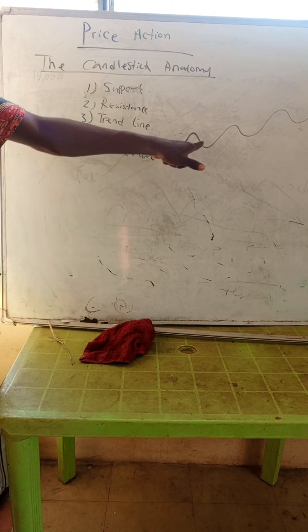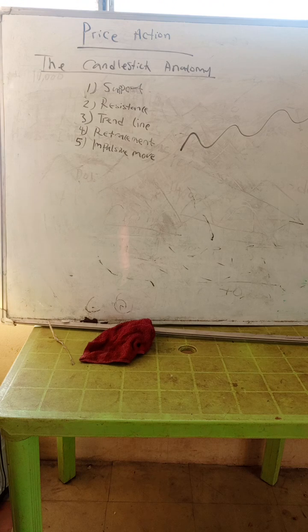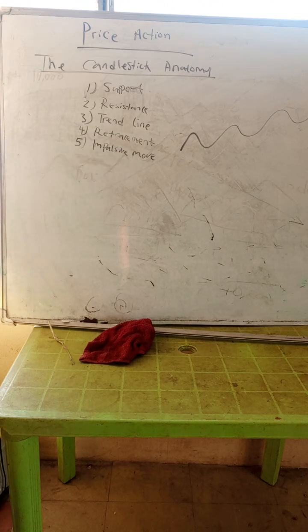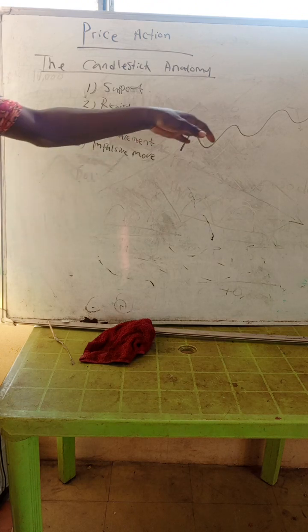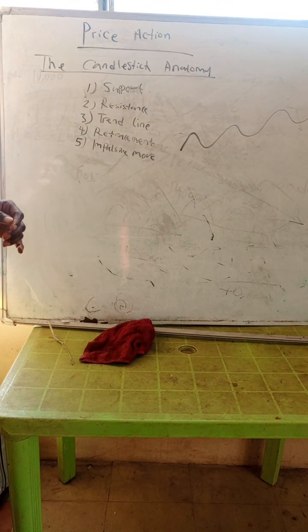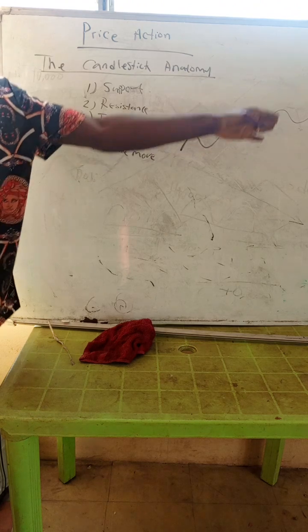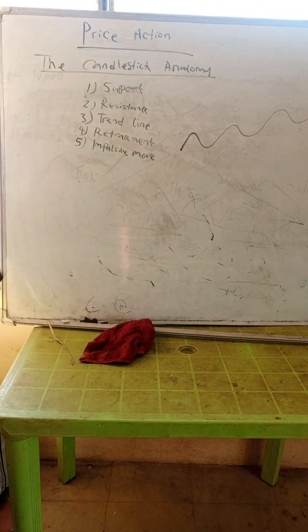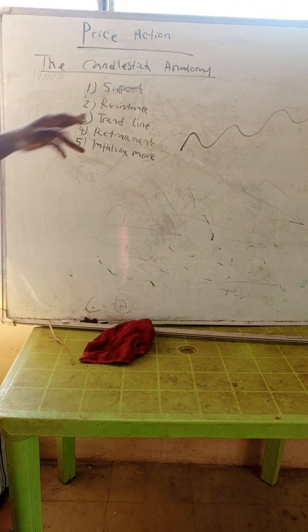We're still going to consider why these things appear like this, but I want to explain the word trend line first. How you understand what the trend line means, before we look at what makes this thing look like this in the market. Why, if you open your chart, do you find this kind of structure, this kind of pattern? We're going to look at why they appear like that. But for now, we're going to talk about the trend line.